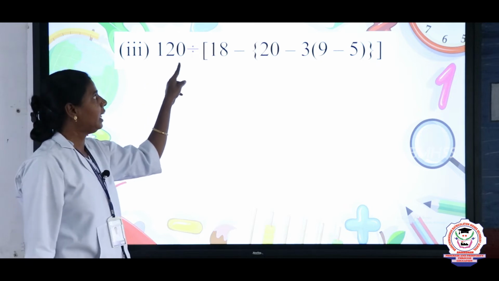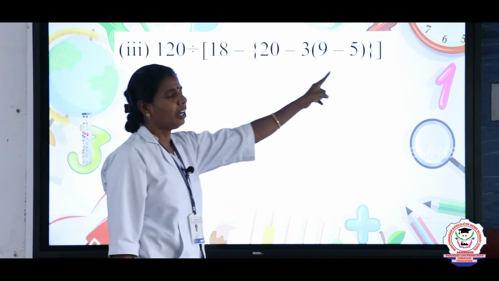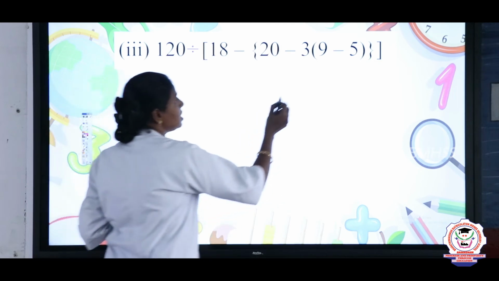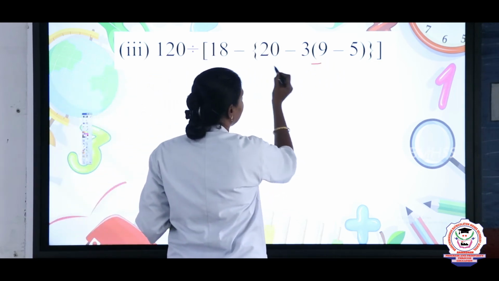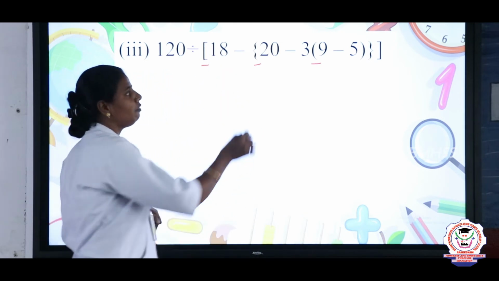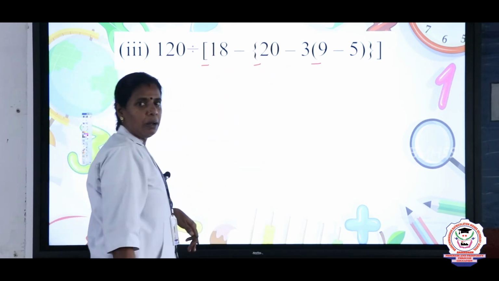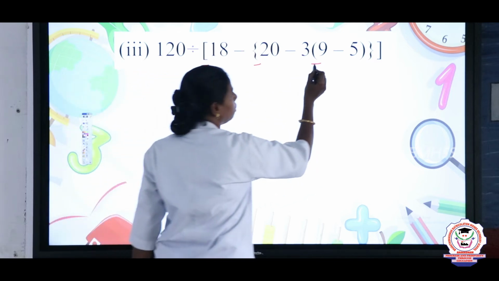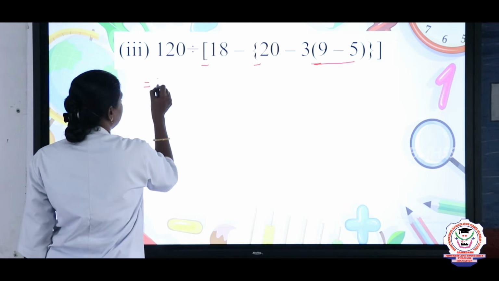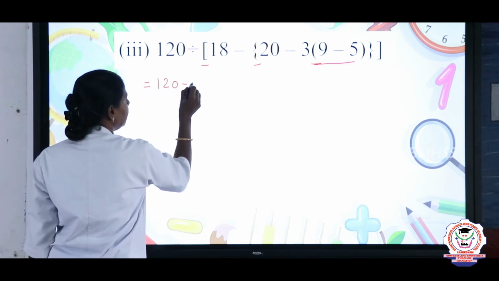See, 120 divided by, here see, different types of brackets I have given. Already I told you, first the common bracket and then the curly bracket and then the square bracket. First, one by one we are going to remove the brackets. The first step, what we are going to do? We are going to remove the common bracket. So the first step will be 120 divided by